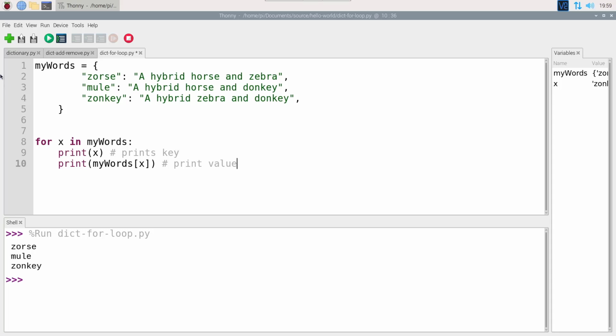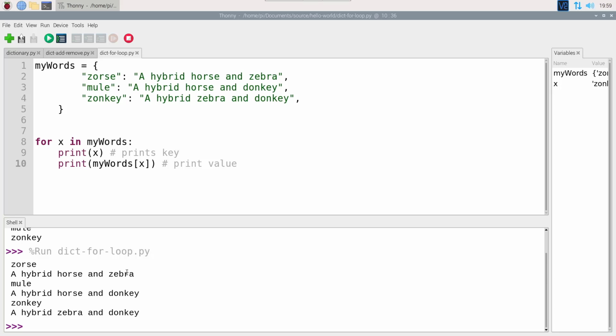And let's see what happens when I run this. It's going to be exactly as we expect. We're going to see Zorse, a hybrid horse and zebra, Mule, a hybrid horse and donkey, and Zonkey, a hybrid zebra and donkey. So you can see there we're just doing some simple printing of the keys and values using